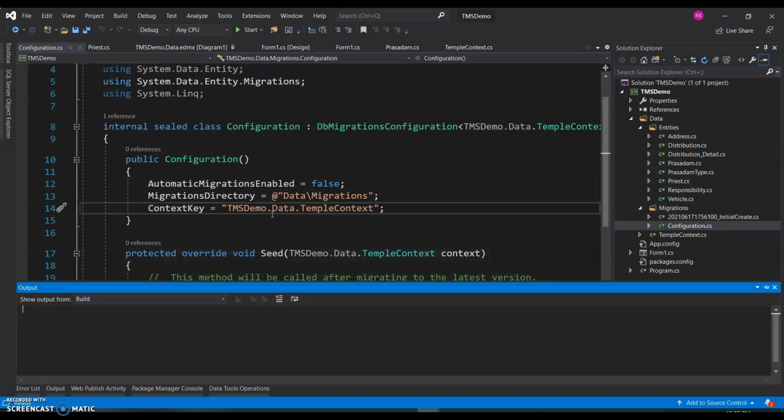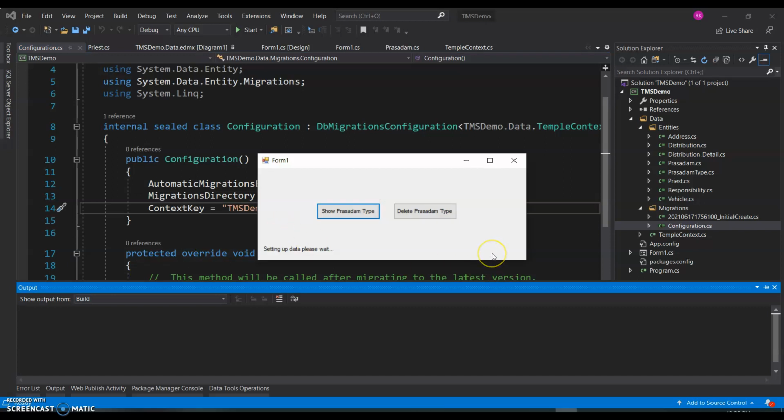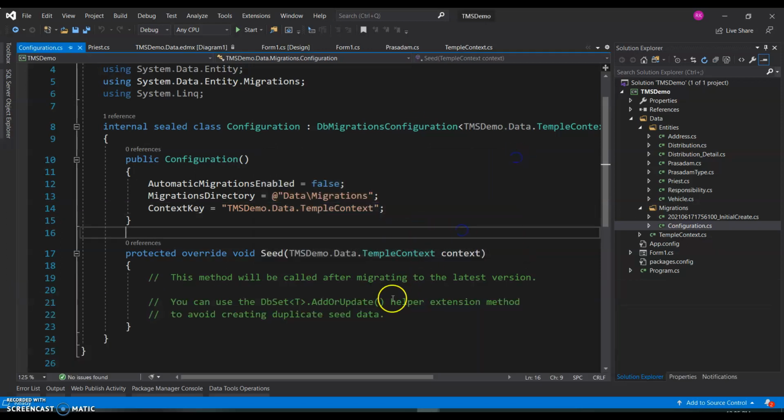How do I know that? Now if you run this application, you will get the same error saying that the model and the database don't sync basically. So let's see what to do. In order to enable a migration, you have this command called add migration.